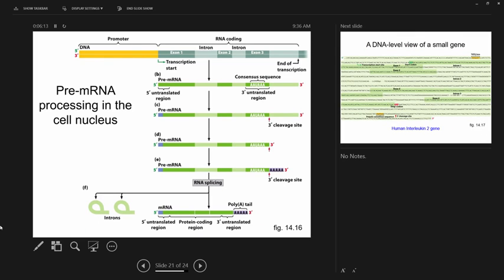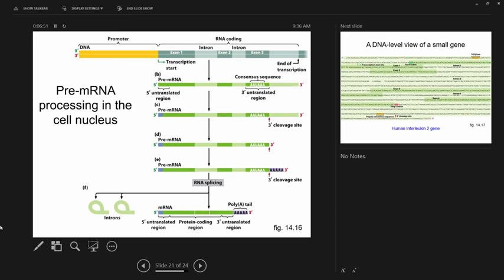So this is sort of like a review of everything we've been talking about. So here's the promoter. Here is the RNA coding part. Not shown are any sequences, if this was a eukaryote, that are far 5' or down here 3' from the gene. So the promoter is required, as we've seen, whether you're prokaryote or eukaryote, for getting transcription started at the correct spot. Then the pre-messenger RNA